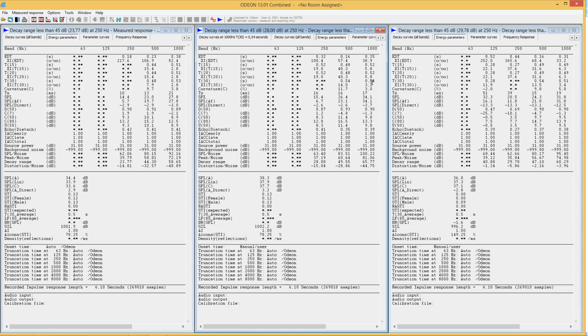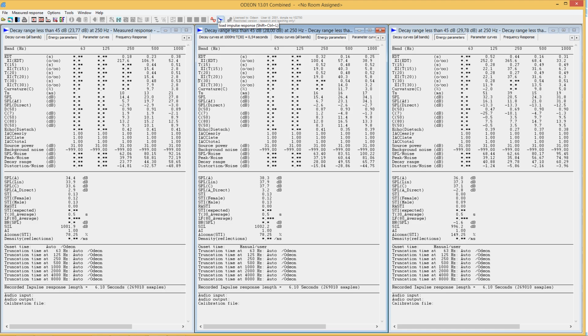So 0.54, 0.53 and 0.51 as a reverberation time at 1000 Hz. At low frequencies we're not able to obtain any data, so that's not so much of a surprise because there's little acoustic power in a hand clap, but then you could use a balloon or something. So this just showed that we can use a manual onset time to extract different impulse responses from a